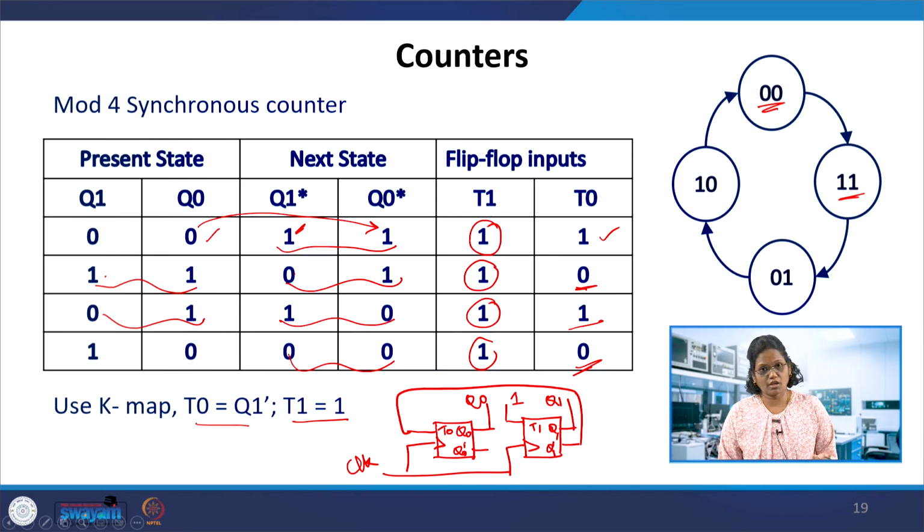In the Verilog code we need to instantiate this T flip flop twice and make this connection as a wire. T0 would be assigned as Q1 dash. One statement, assign T0 equal to Q1 dash, will complete the assign statement, and the 2 instantiations of the T flip flop will make this module of the 2-bit counter. So we have seen this 2-bit counter, that is mod 4, a 4 state synchronous counter design.